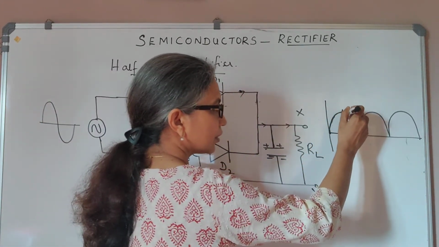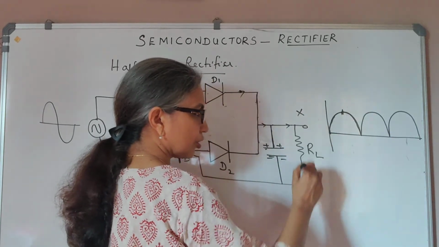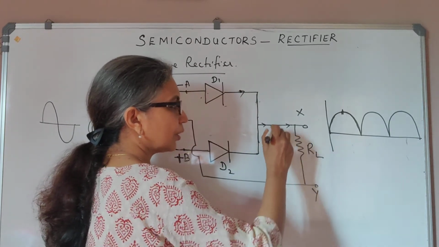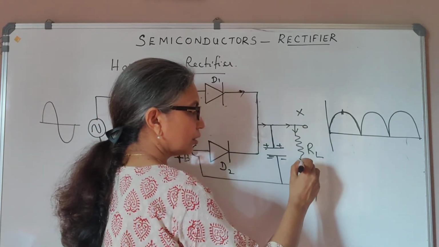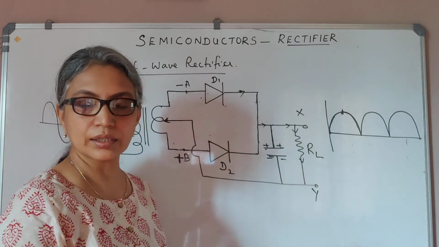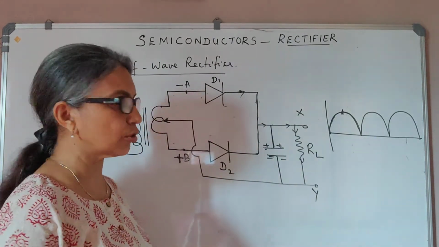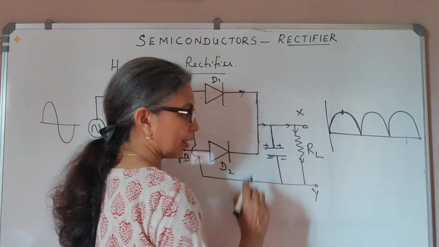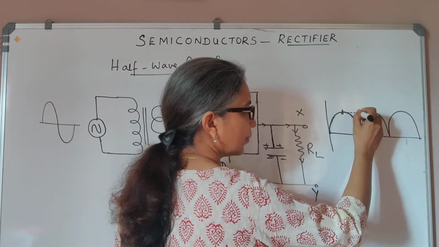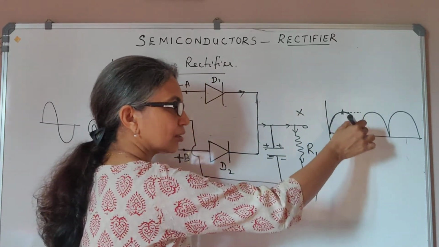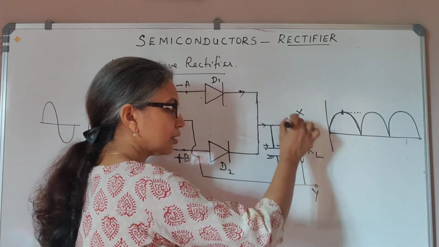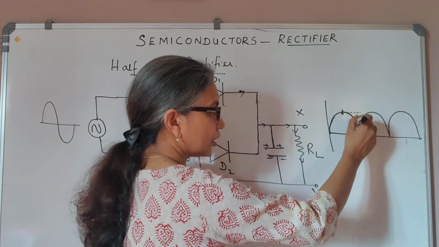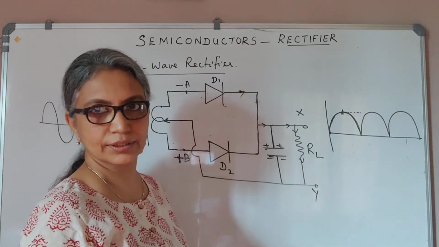Now as soon as this starts to fall, when the voltage across this or the current across this starts to decrease, the capacitor will discharge, providing current through R. So that means RL does not face a fall in current or fall in voltage, because your capacitor is now discharging through R. So this will now remain constant, because it does not face that fall. You have the capacitor now discharging through RL, providing a voltage across RL. So this decrease in voltage across RL is not seen.